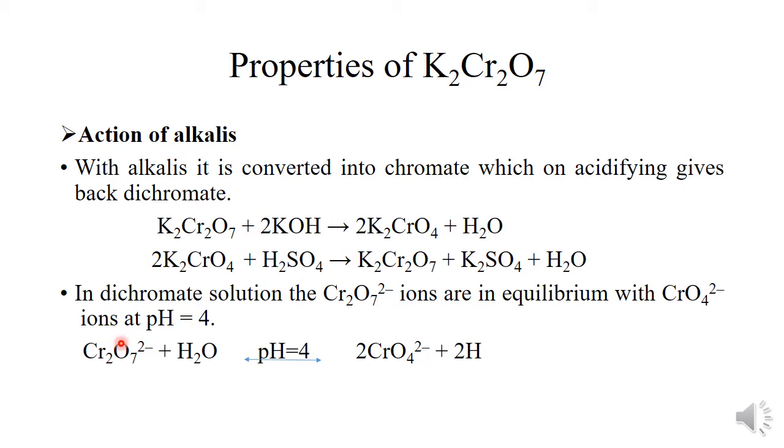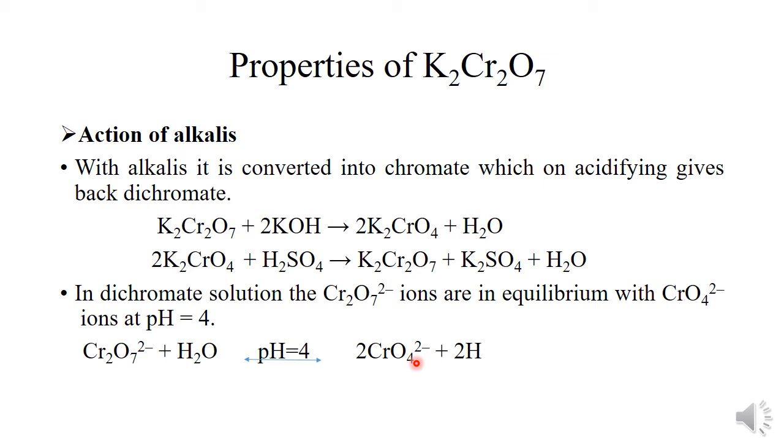This interconversion is explained by the fact that in the dichromate solution, the dichromate ions are in equilibrium with the chromate ions at a pH value of 4, which can be represented by this equation. On adding an alkali, that is, a base, to this solution, what will happen? The H positive ions are used up in the reaction and according to the law of equilibrium, the reaction proceeds in the forward direction, leading to the formation of this yellow colored